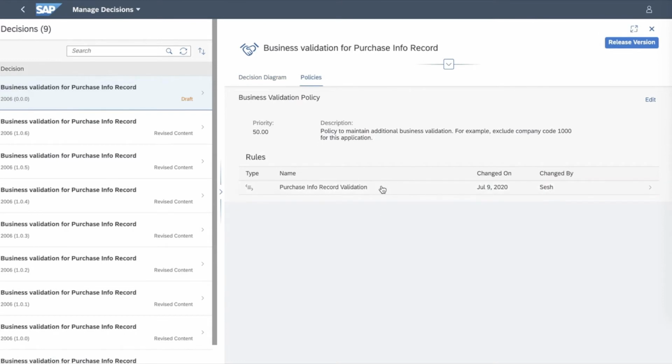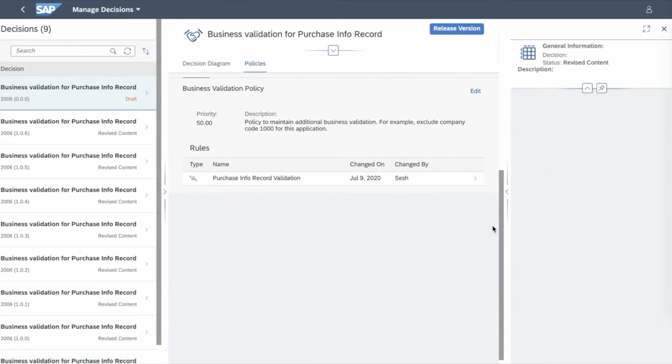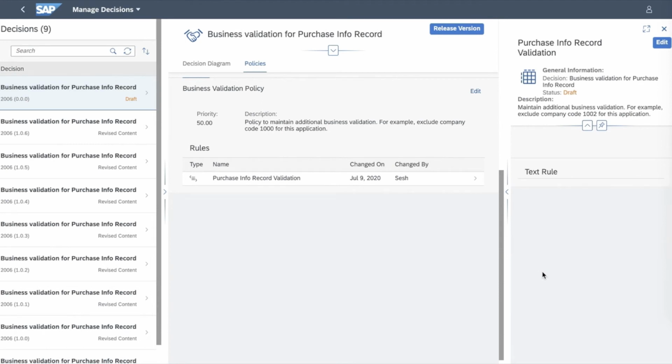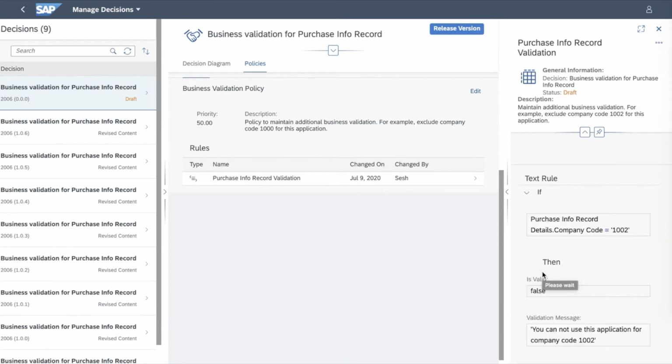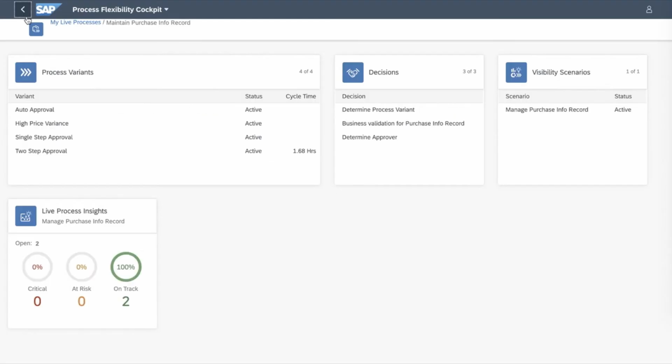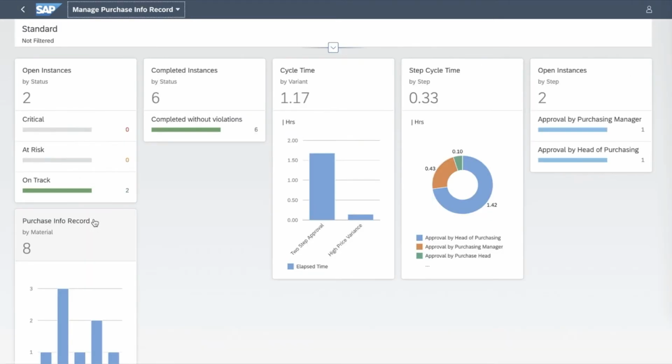For example, in this case, we have maintained a text rule to prevent this application from being used for, let's say, the company code 1002. When the process is executed, it is also equally important to take a closer look at the performance of the process. The pre-built dashboard provides several KPIs that we can